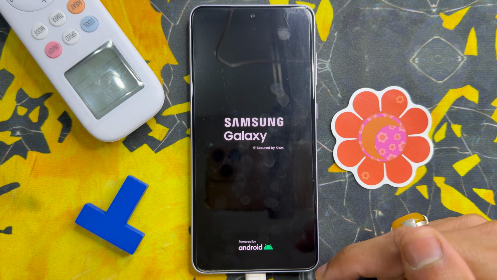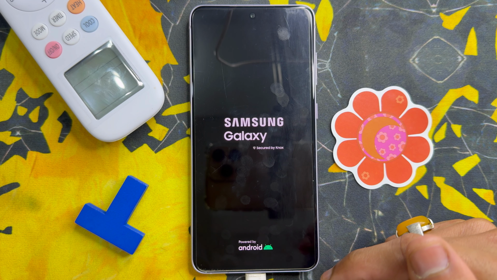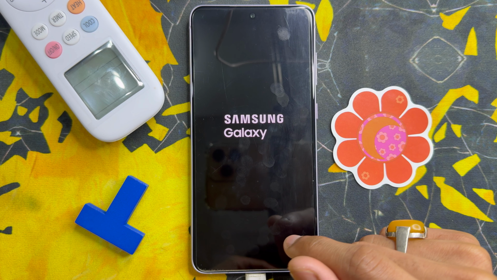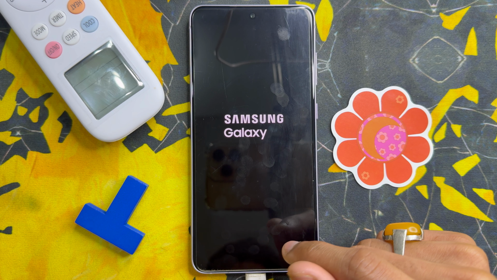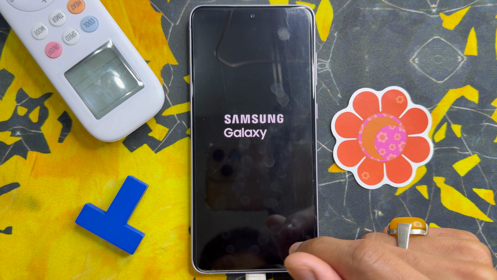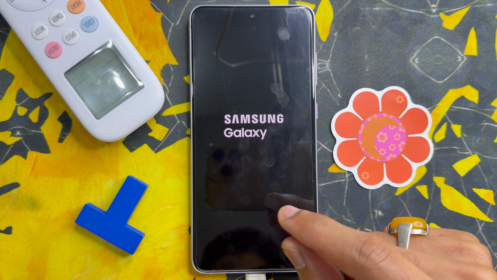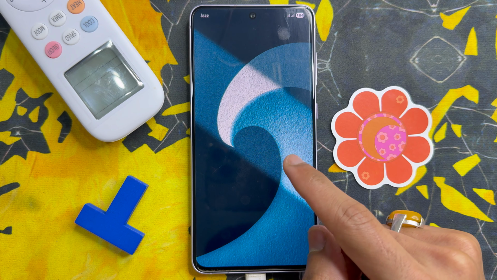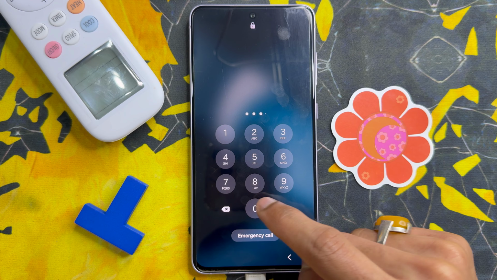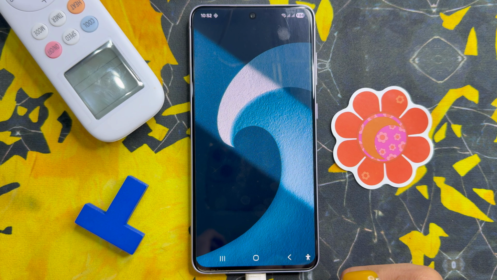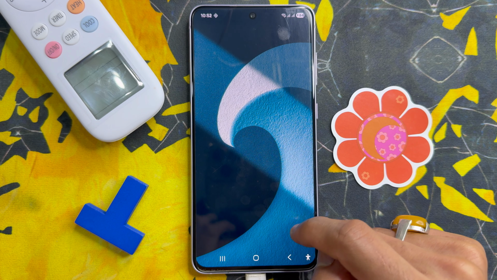You will see, and enter your phone pin. Click on OK. You will check your problem is solved, but if it is not solved,